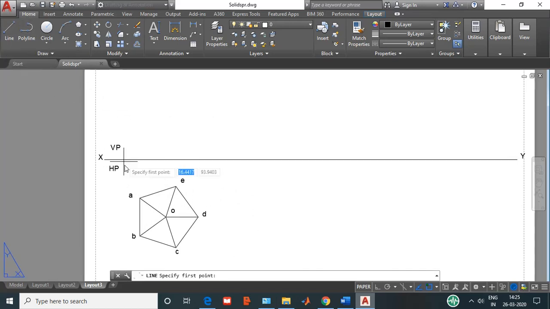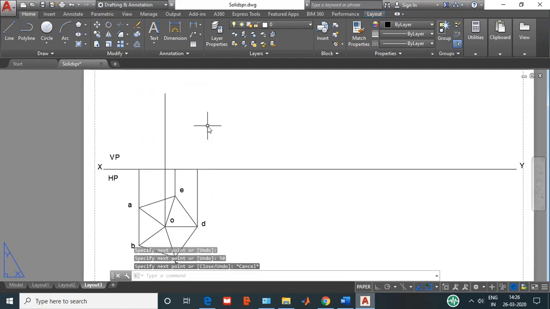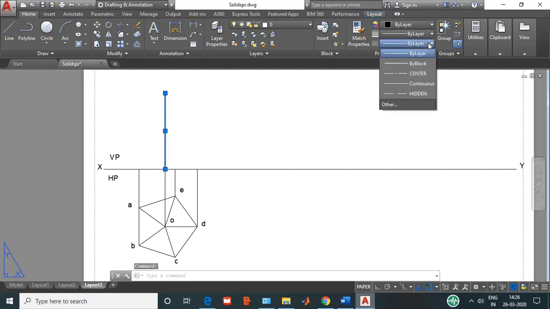So now let me do its front view. I will project it one by one. Now to project the front view, I need the help of the axis, because the axis is the one which will tell me what the height is. So height is 50 mm. So look here how to do the projection for a pyramid. This is very important. First you need to project the axis. So from here to here you project it and then project the axis. This axis length is 50 mm as per the given question. Make it a center line.